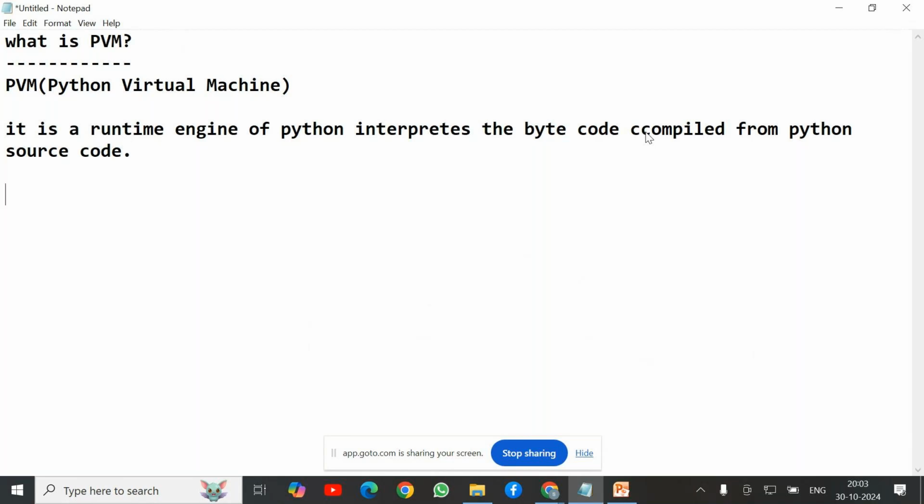Okay, it is a runtime engine of Python. It interprets the bytecode compiled from Python source code. The PVM executes